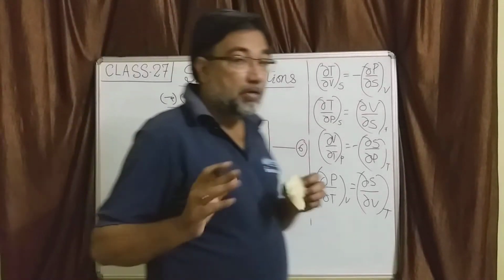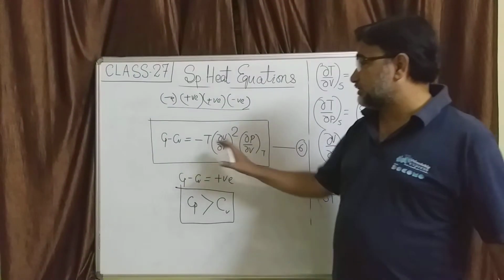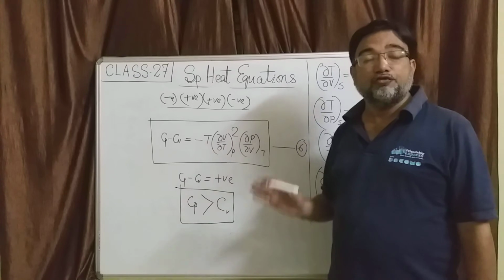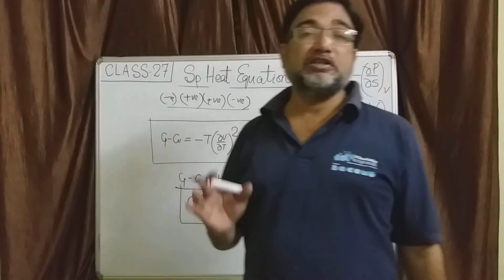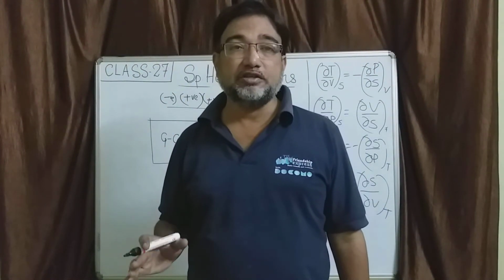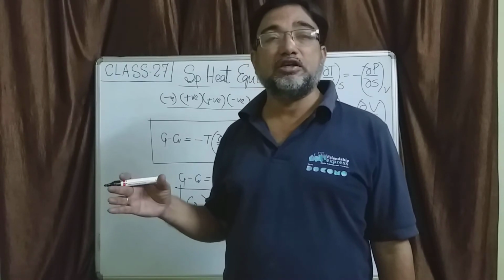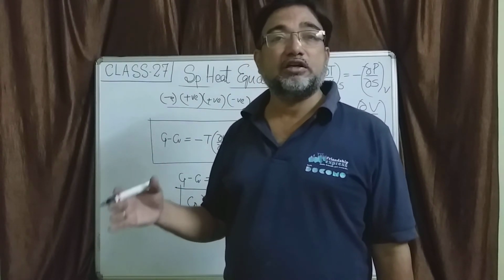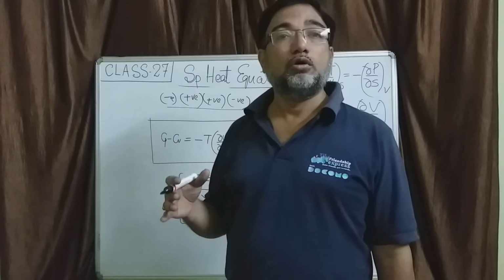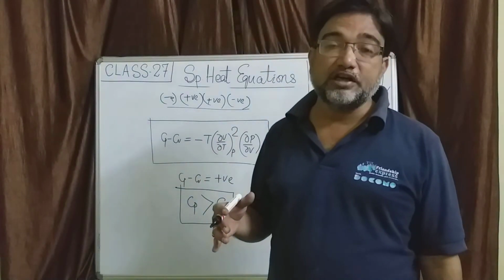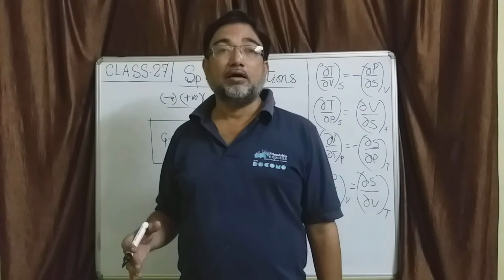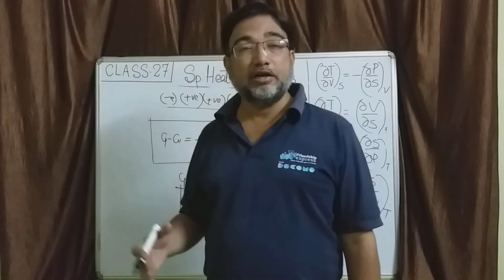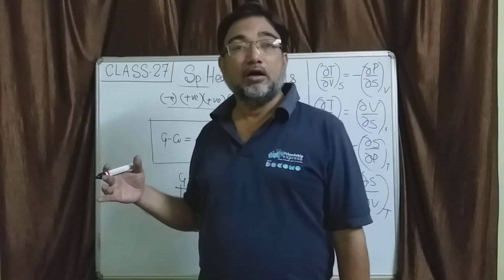It's greater than what amount, that we will see. But Cp minus Cv is positive. So far we knew that the specific heat of a gas at constant pressure is higher than the specific heat of gas at constant volume. Cp is always greater than Cv. That we knew. But nowhere had we proved mathematically how that statement is established.